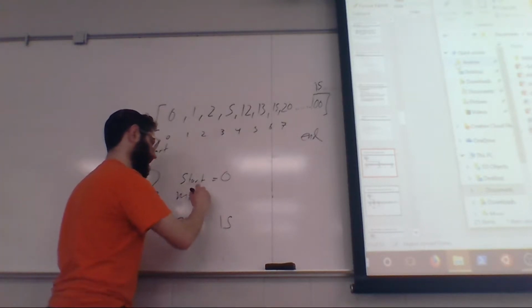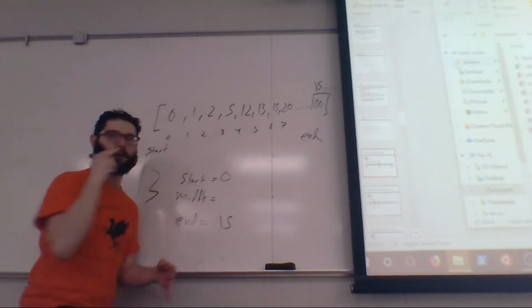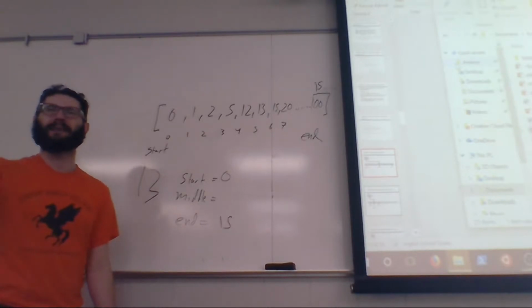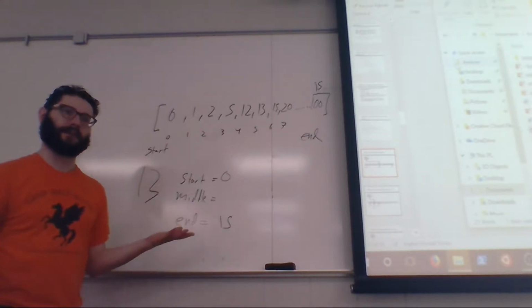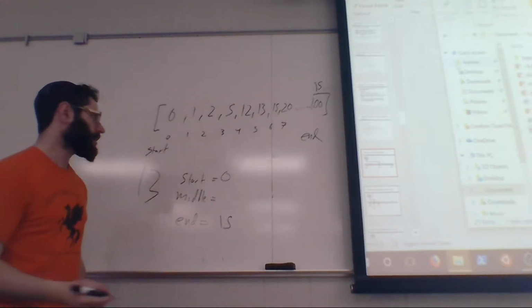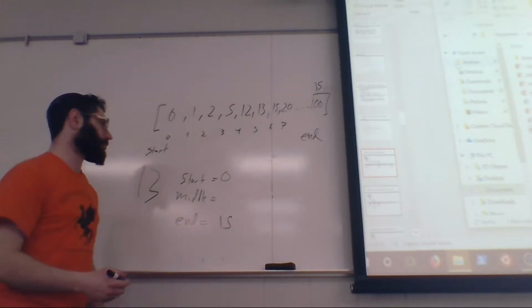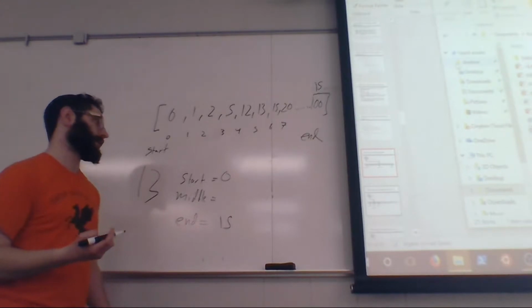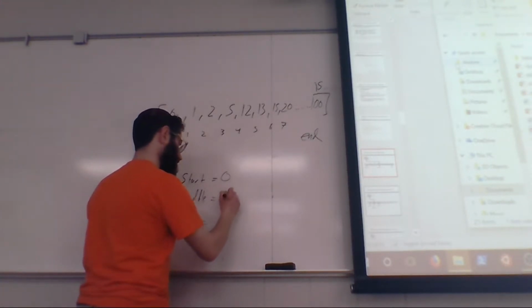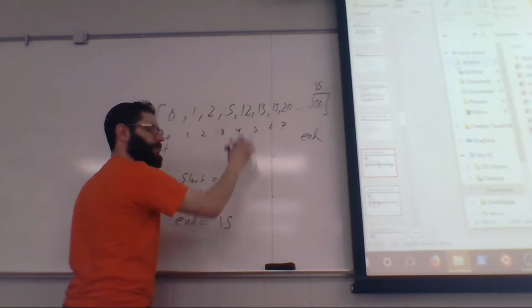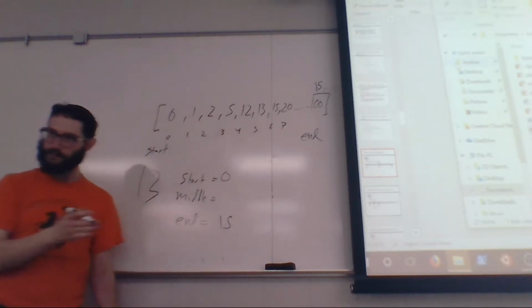What is the middle index? Because we're human, we can just look and say, yeah, about there's the middle. A computer doesn't get to do that. We have to give them numbers. So we've got to come up with a number, and it should be the start plus the end divided by 2. In that case, it's 0 plus 15 divided by 2. That gives us